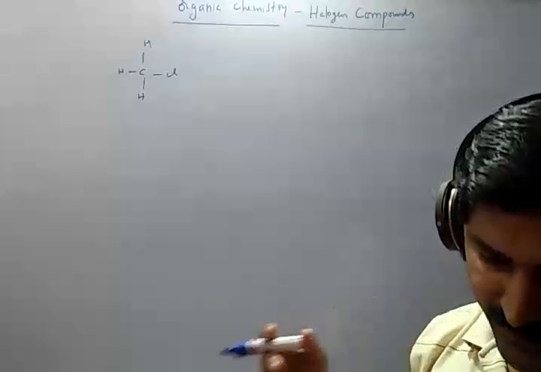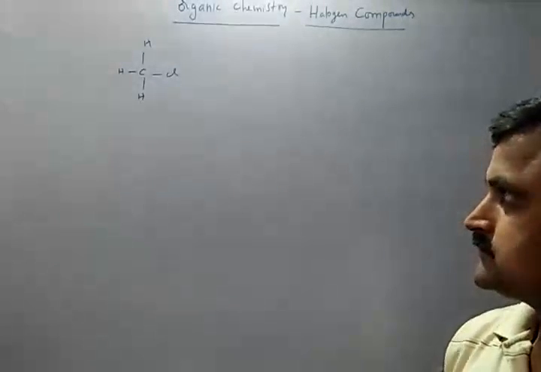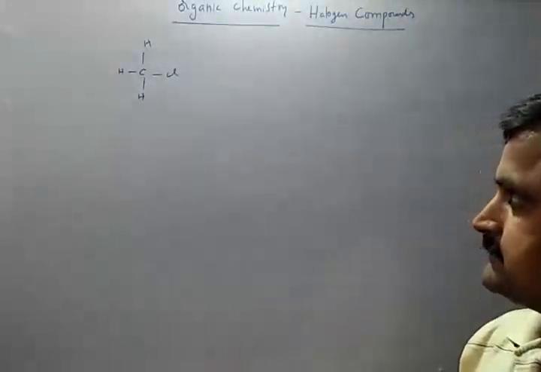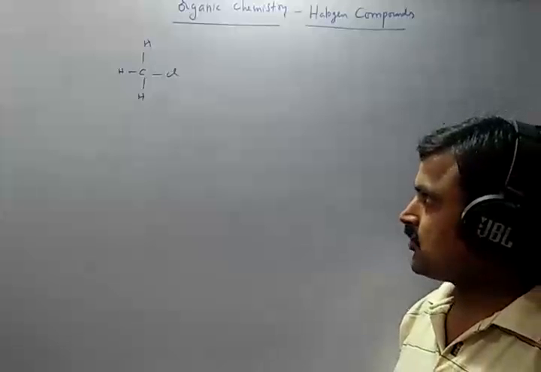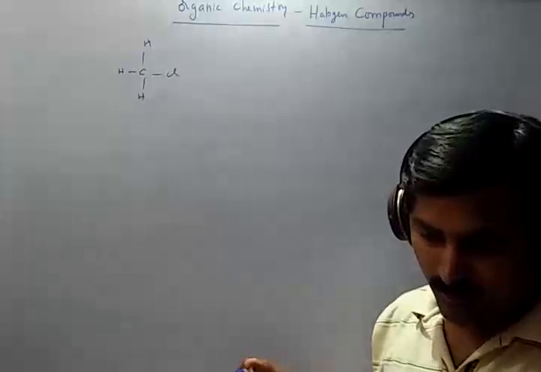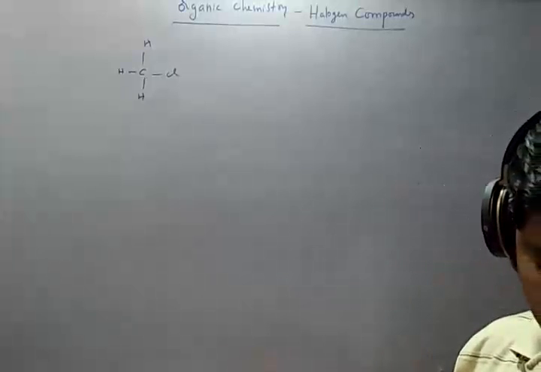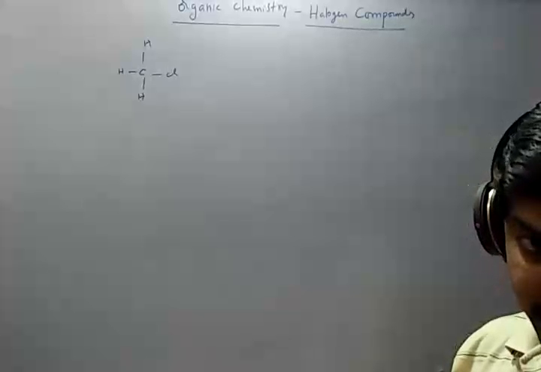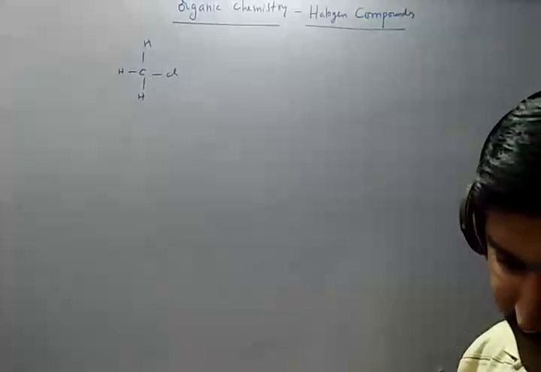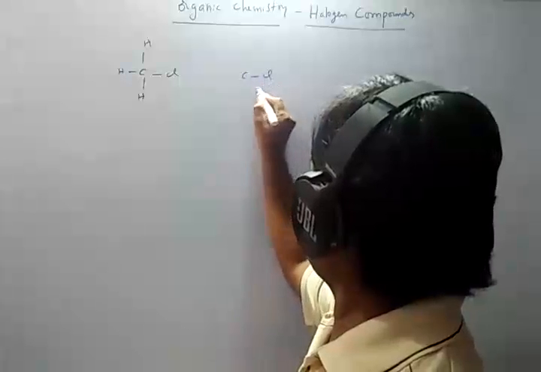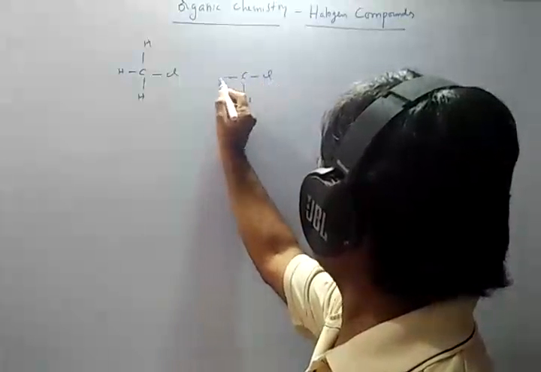So the halogen derivatives of all these compounds can be called mono, di, tri, or tetra, depending upon the number of hydrogen atoms replaced by halogen atoms. For example, here we have one more example,